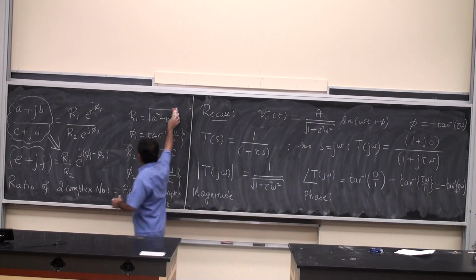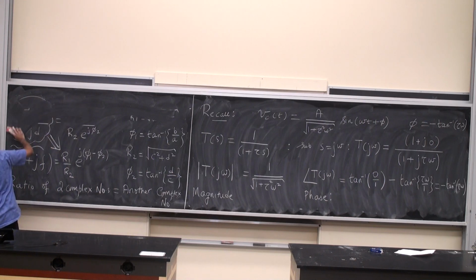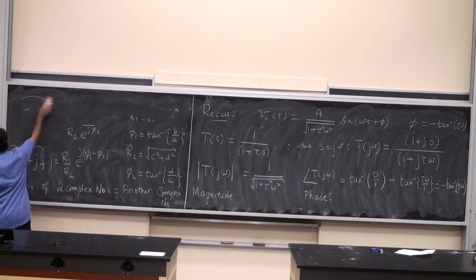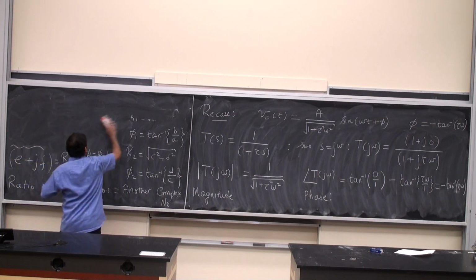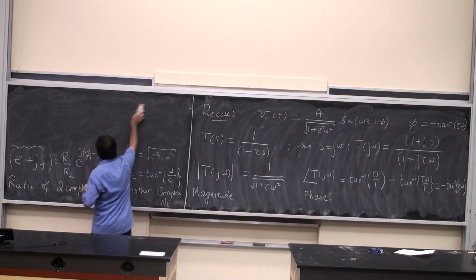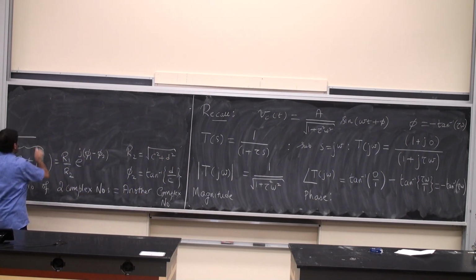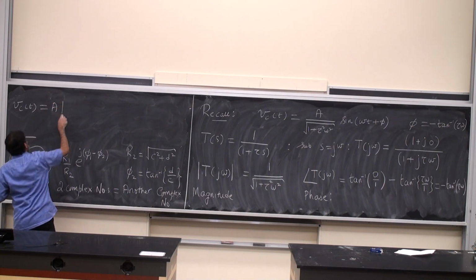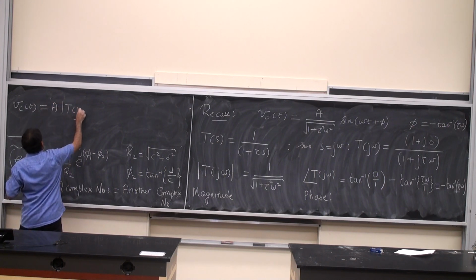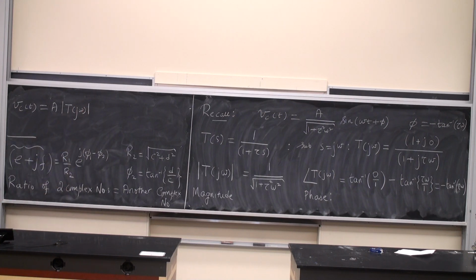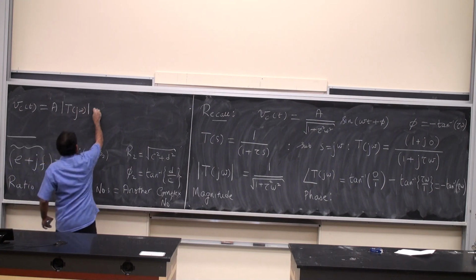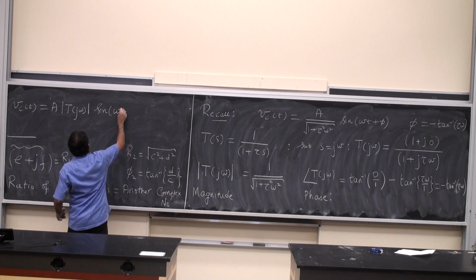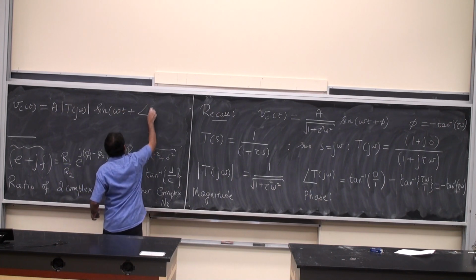I want to clear this for the last line of the day. I can now write Vc of t equals A times the magnitude of the transfer function times sine omega t plus the phase